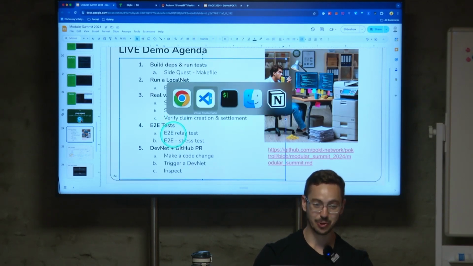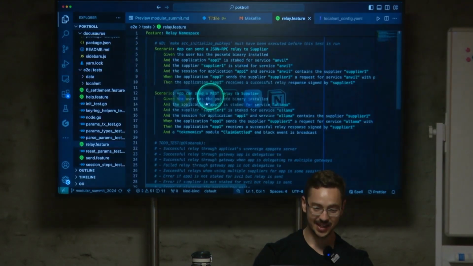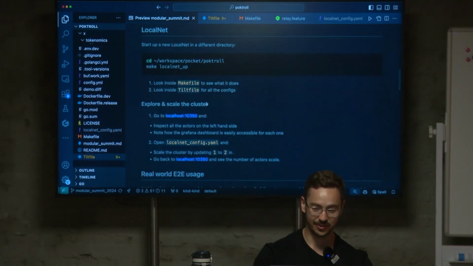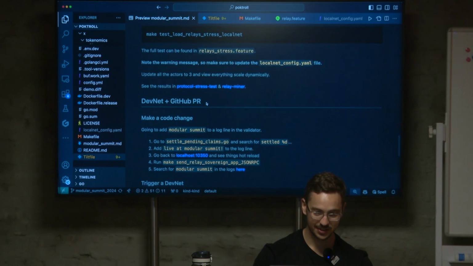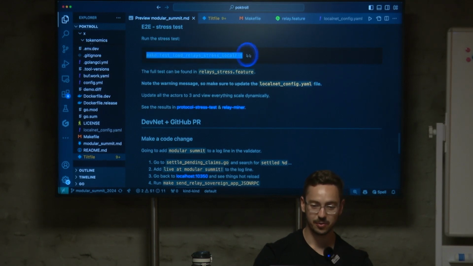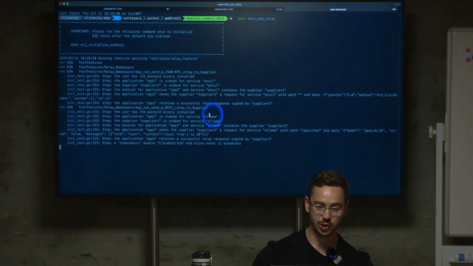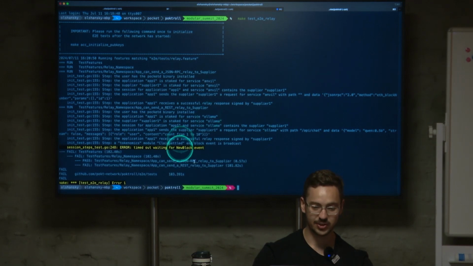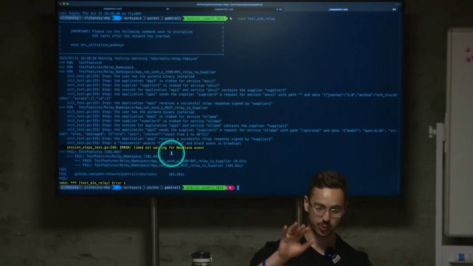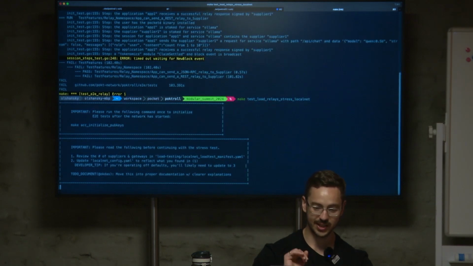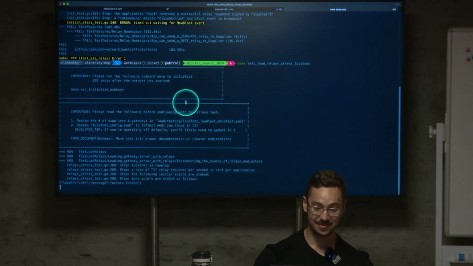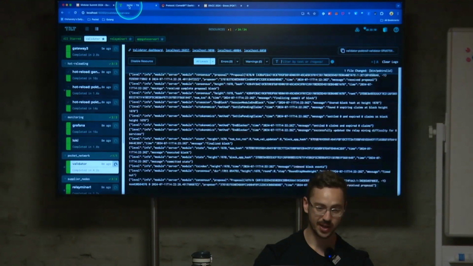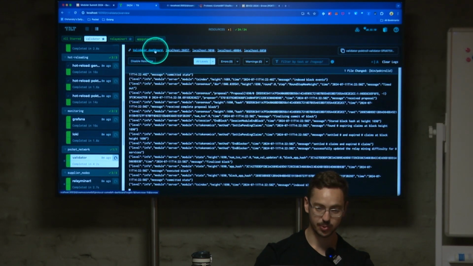Okay, next up, I want to show hot reloading. We've kind of gone through a few things. Oh, actually, before we do those changes, what I want to show you is an end-to-end test. We had one test pass, the other one's a little flaky. But what I'm going to show you now is a full-on stress test where we're going to be stress testing the entire environment locally. We're going to go back here, we're going to go to the dashboard,